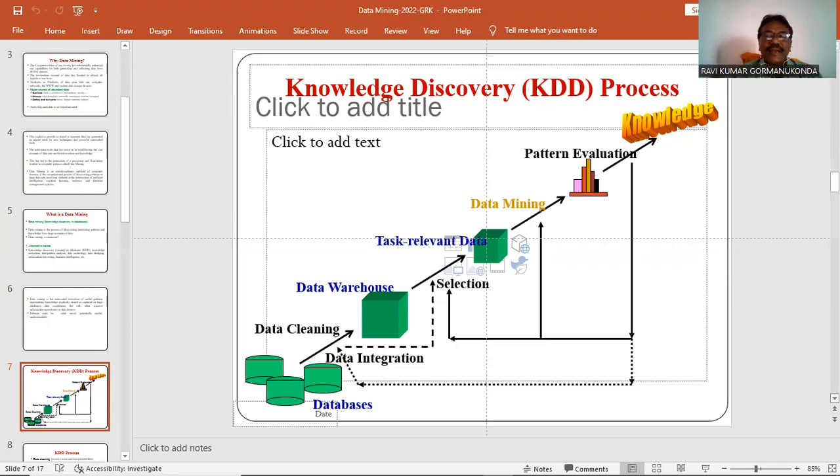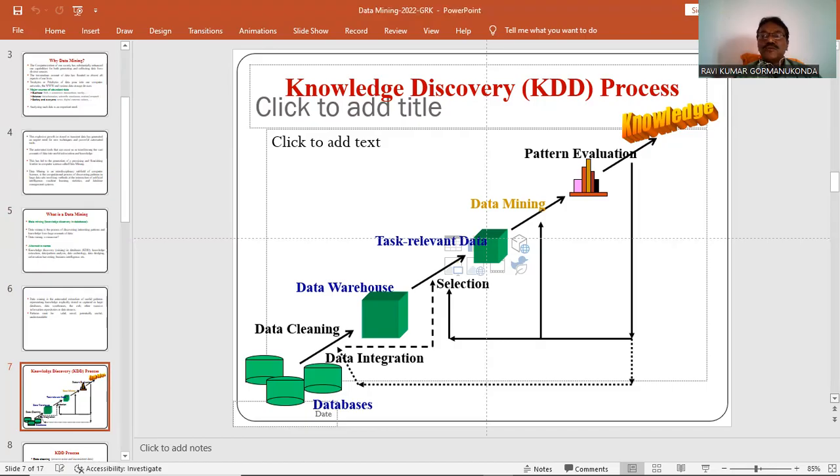Actually, data comes from different sources, databases. That's why there are different sources of data. Then data integration, combining data from multiple sources, then apply data cleaning. So data integration, data cleaning, selection, transformation, and loading into a data warehouse.